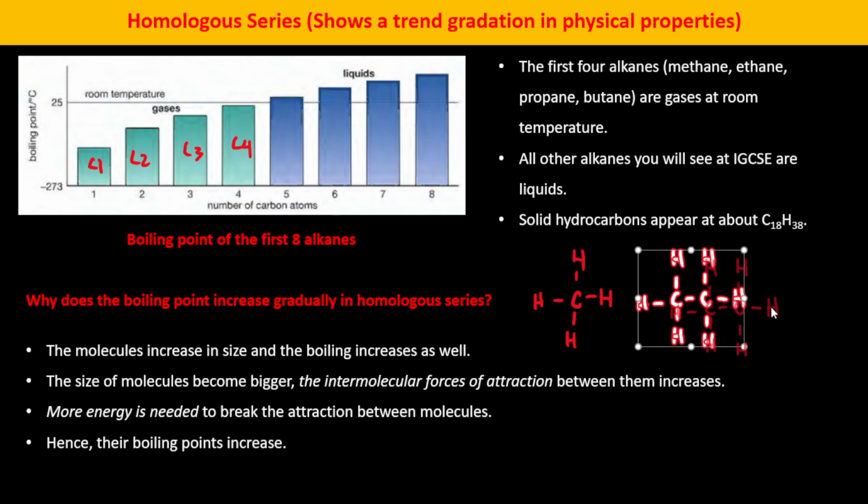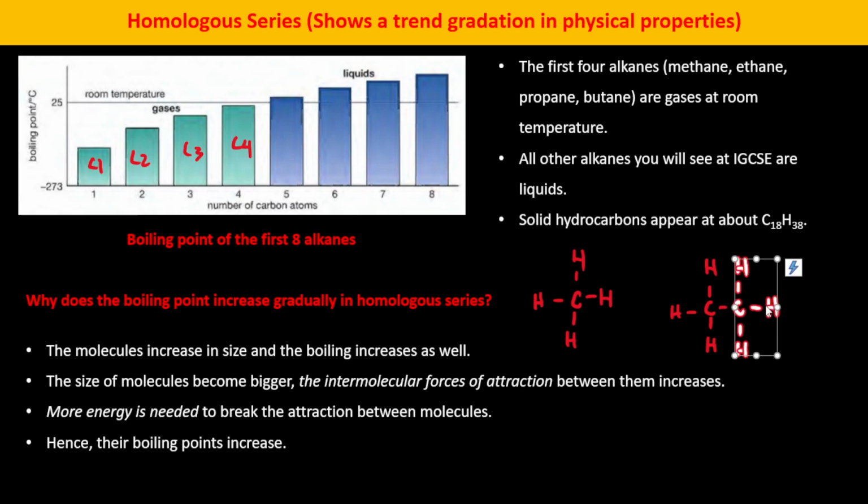This molecule is going to be so much larger than your methane, so that's why the boiling point increases. And since the size of molecules becomes bigger, the intermolecular forces of attraction between them also increase. That's why you will need more energy to separate them, okay? That's why you are going to need more energy to break the attraction between molecules, and hence the boiling point